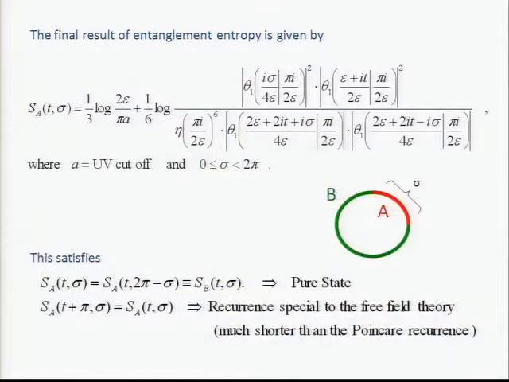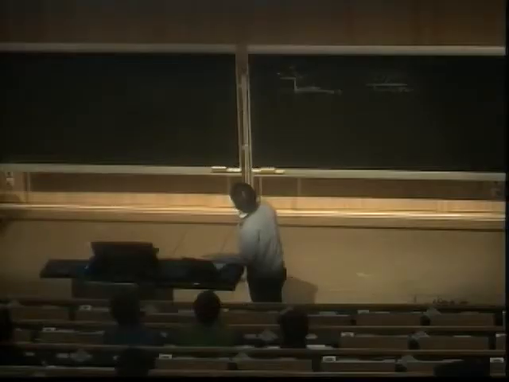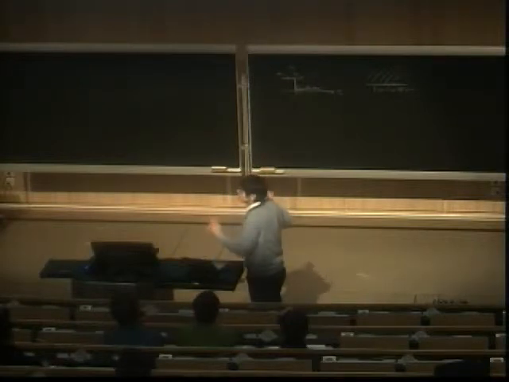I won't write out the details, but in the end we can get this nice expression. It looks very similar to the calculation I explained a few days ago for finite temperature and finite size. But now everything is written in terms of nice periodic functions, theta functions. That's different from the previous torus calculation. So we get a theta function representation, and this manifestly satisfies S_A equal to S_B. Region A has size sigma, and 2 pi minus sigma is the size of region B, and this equality is manifestly satisfied.